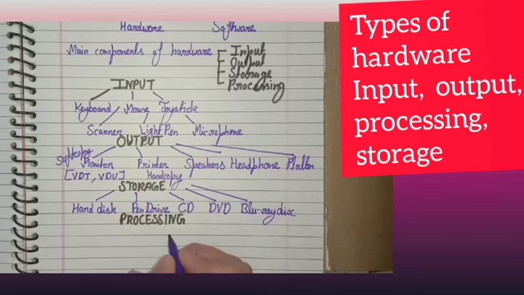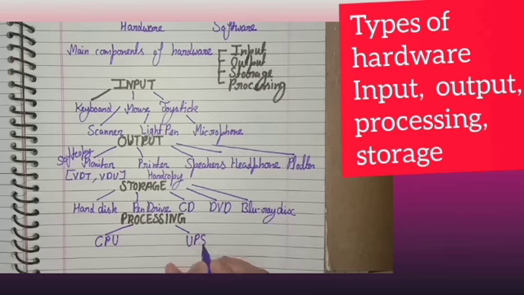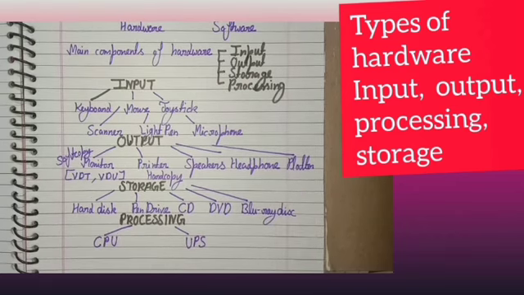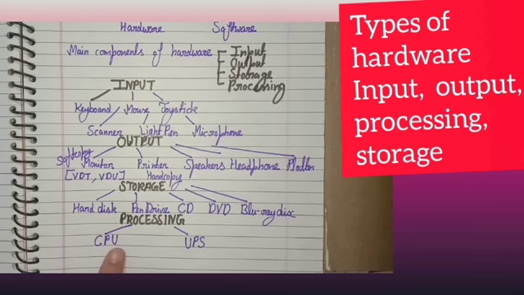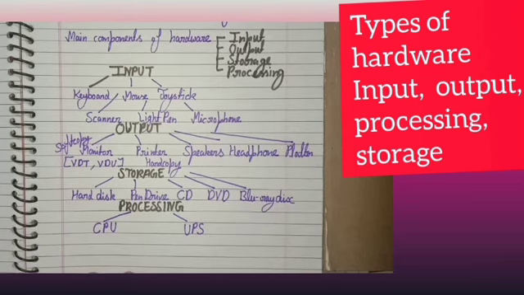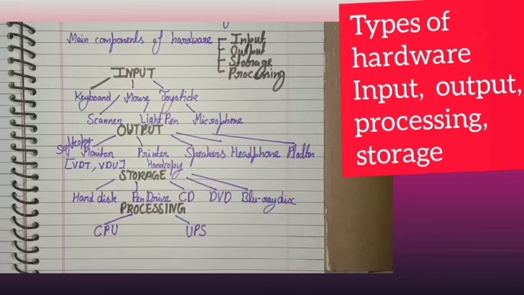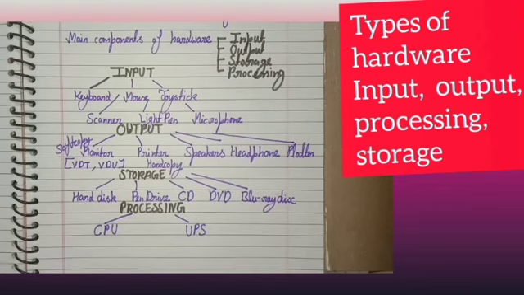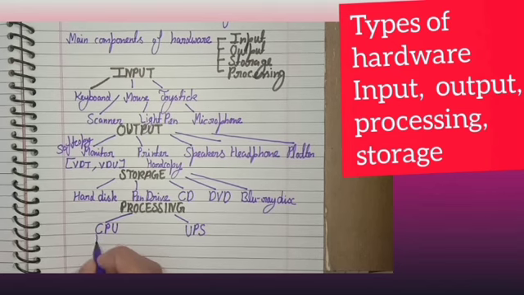There are two types of processing devices. First is CPU and second is UPS. Don't get confused with these two. CPU is known as the brain of computer. It stands for Central Processing Unit. The process of changing input data, raw data, into meaningful information is called processing, and this task is done through CPU. A CPU is made up of three parts: